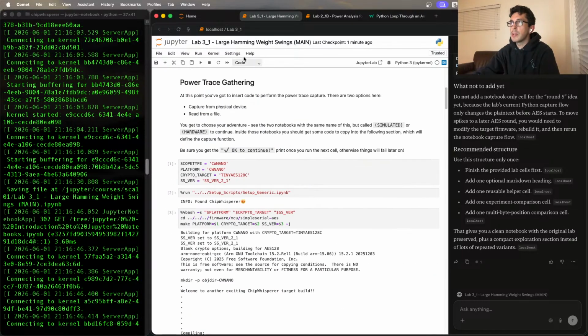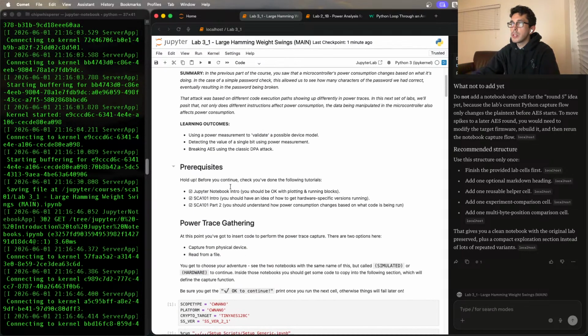We had successfully completed the large Hamming weight swings, which was pretty short, but